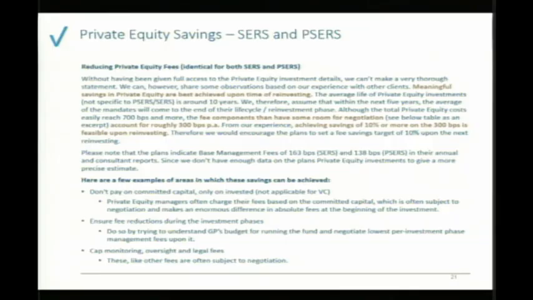We have also listed here a few ideas as recommendations for the two plans of how they could achieve those savings. I'm not going to go into detail here in the interest of time, but we could probably give you 30 pages of guidelines of what to do and not to do when you invest into private equity. But we've given you maybe 10 or 12 bullet points as an indication of where you could start to get better terms. And again, we're more than happy to support both plans in that process, and maybe share some of the experience we have had renegotiating those terms.